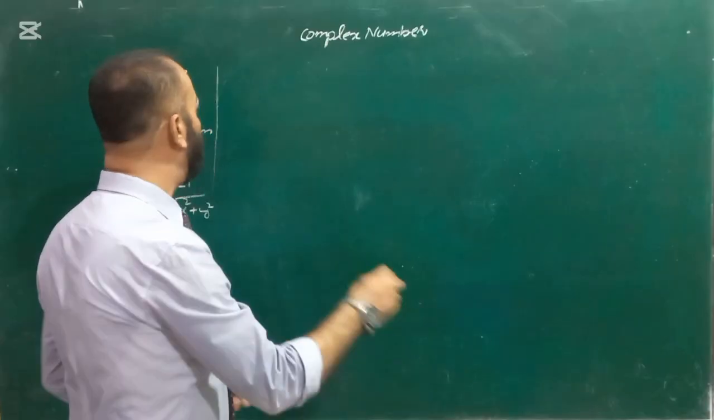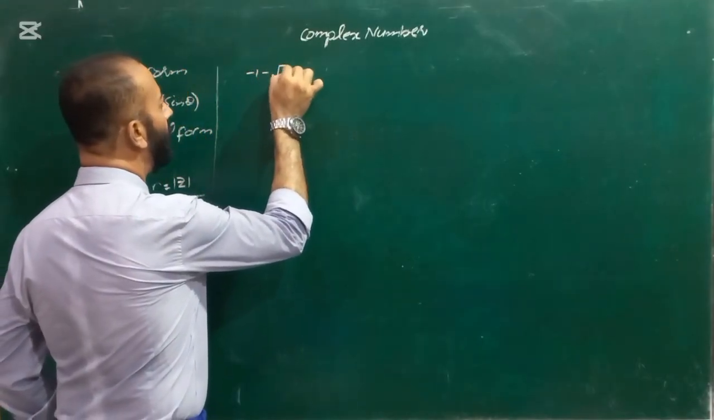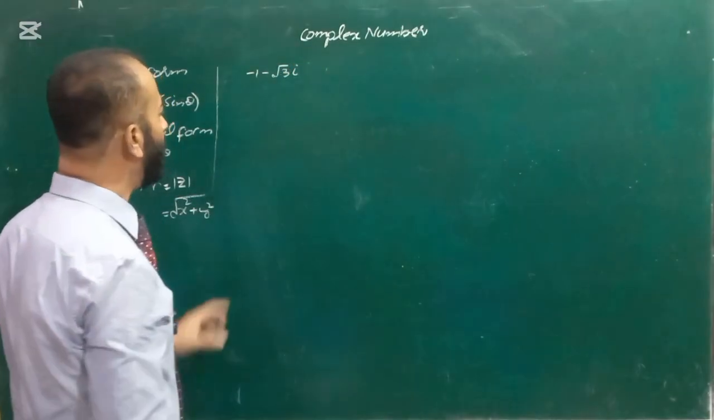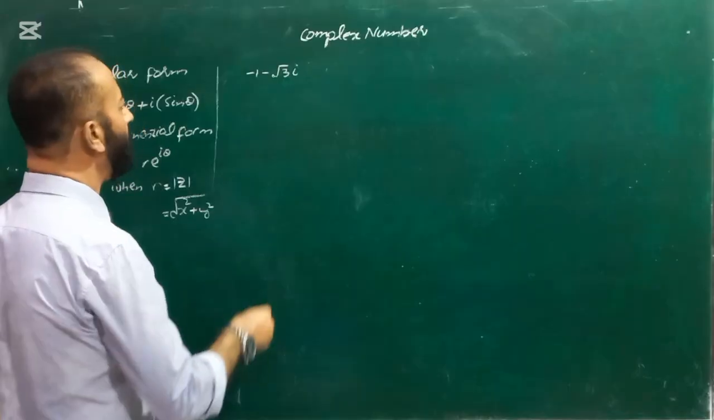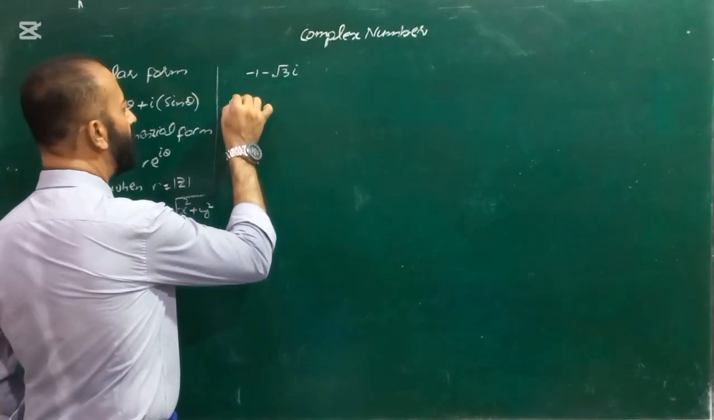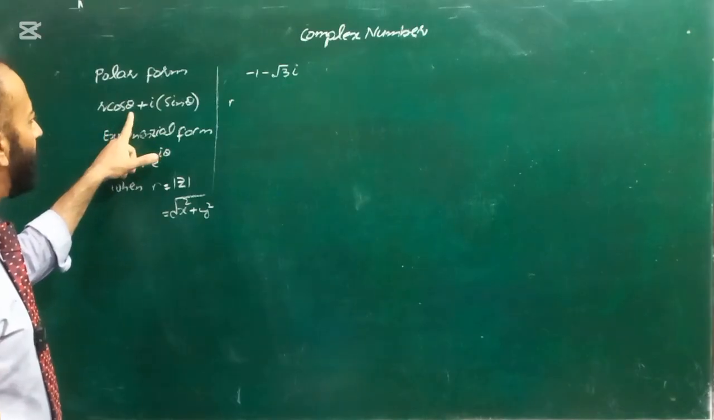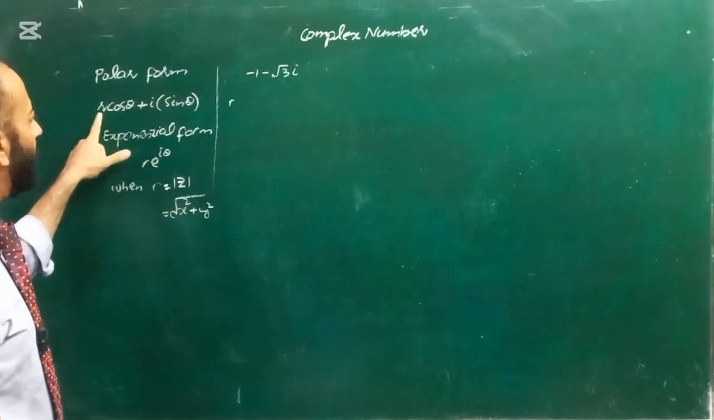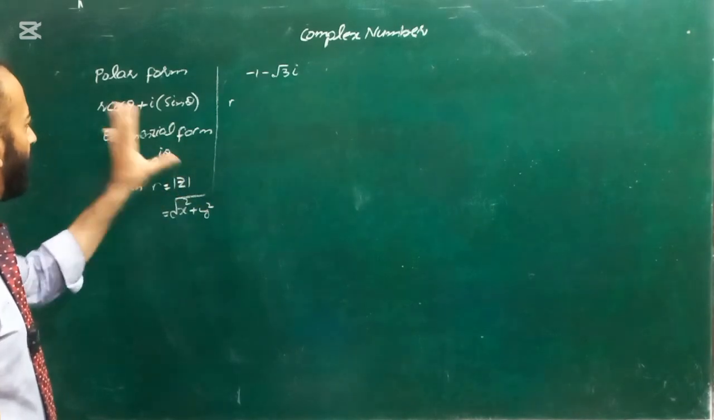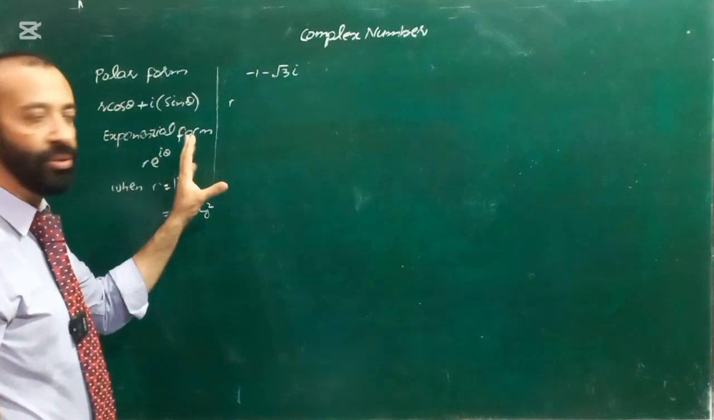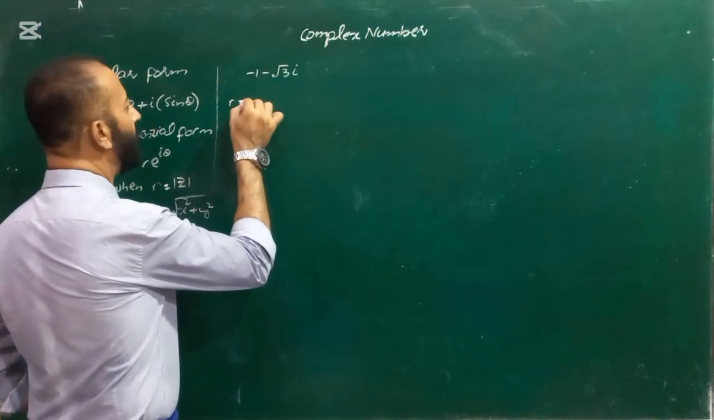So concentrate yourself now. Here is a question: -1 minus square root 3 iota, and the requirement is to find the polar form and exponential form. So you have to be very careful now. First, we are going to find the missing values. Theta, that is argument, and r, that is z mod, are the requirement. First we will find these two values and then we will put them into the formulas to get the polar form and exponential form. So look now, r is equal to